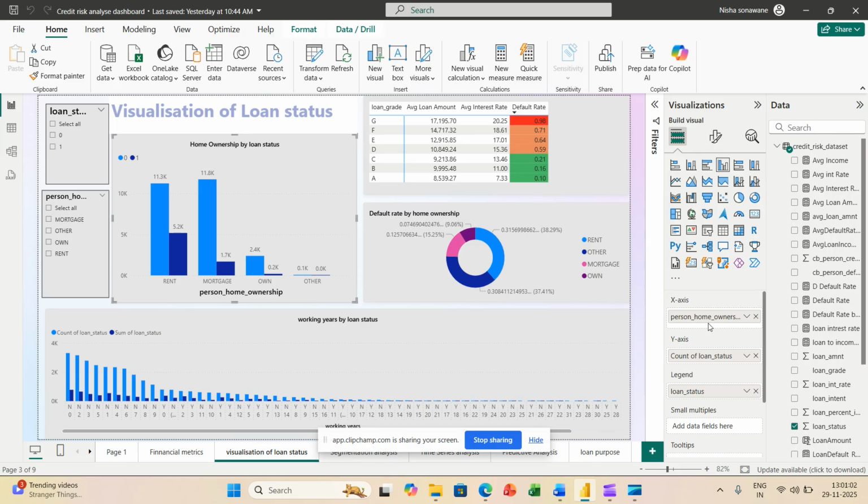So for person home ownership, this column I added to the x-axis, and count of loan status I add to the y-axis. In the legend I add loan status. So here we see mortgage is a high value.